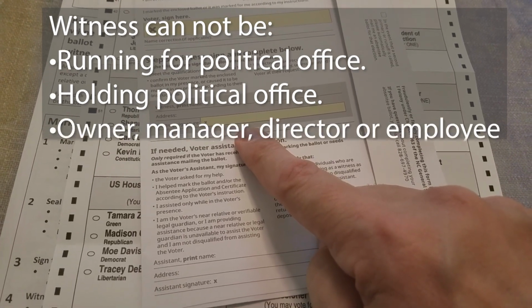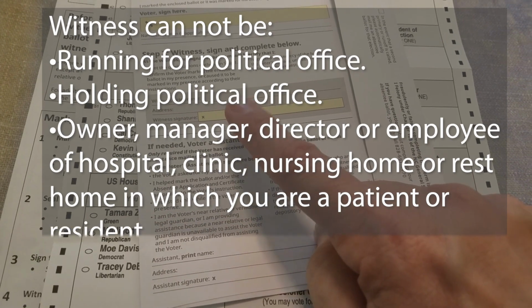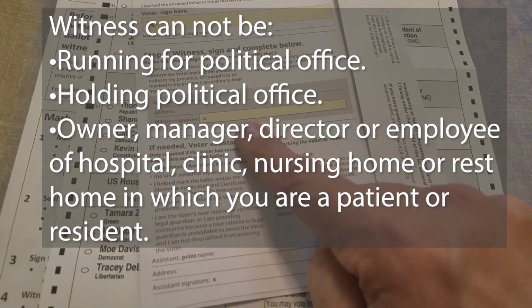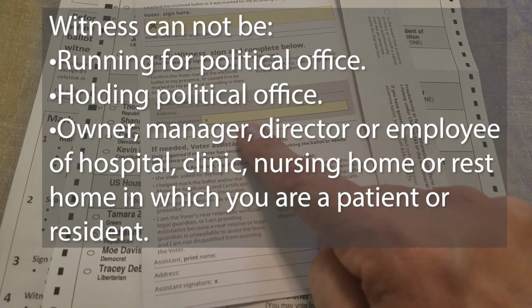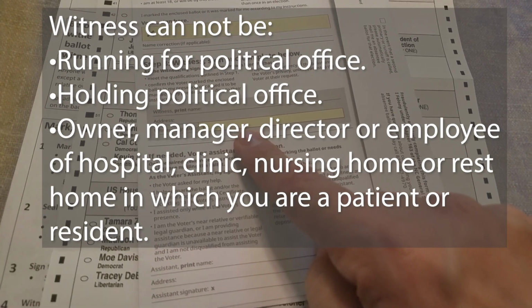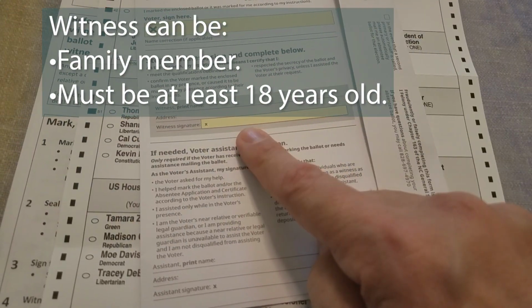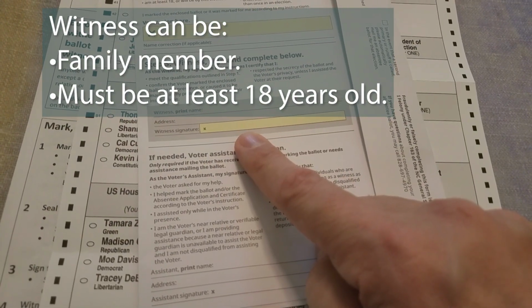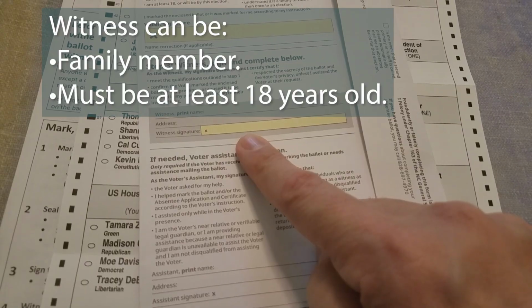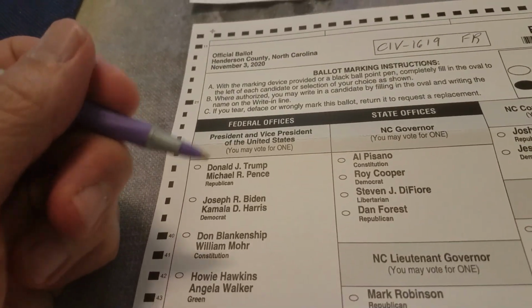And if you're a patient or a resident in a hospital, clinic, nursing home, or adult care home, your witness cannot be the owner, a manager, a director, an employee of the hospital, clinic, nursing home, or rest home in which you are a patient or a resident. It can be a family member, but they have to be over 18 years of age. Aunt Susie's going to be your witness, so you're ready to grab your pen and start filling in,